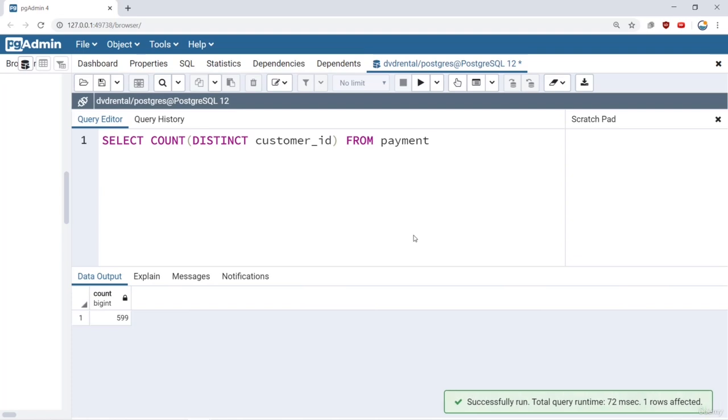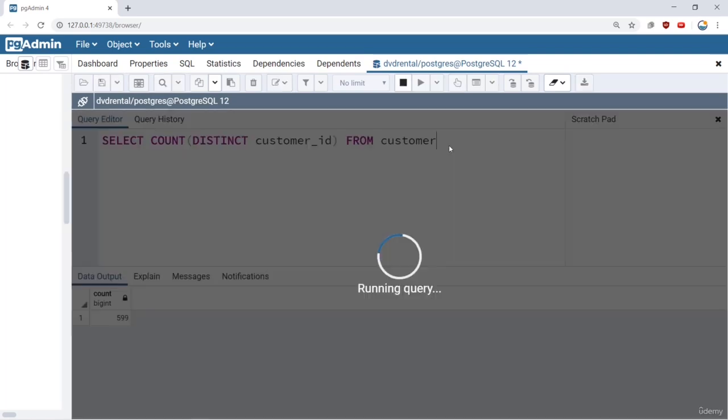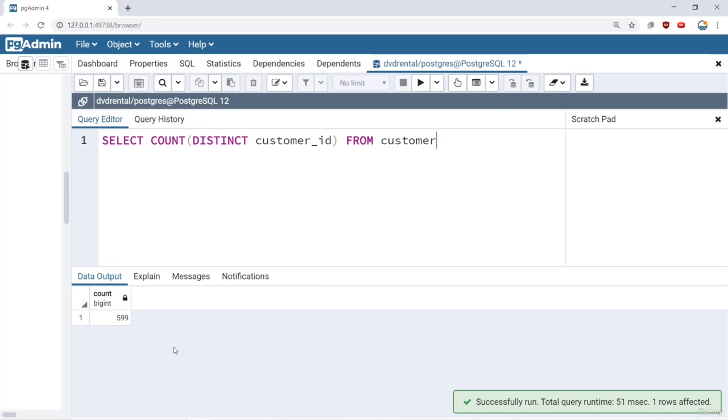So if I run this, there are 599 distinct customer IDs in my payment table. And if I take a look at my customer table, refresh this, there are also 599 distinct customer IDs. Now, technically, this doesn't fully answer the previous privacy compliance policy because there could possibly be different ID numbers in